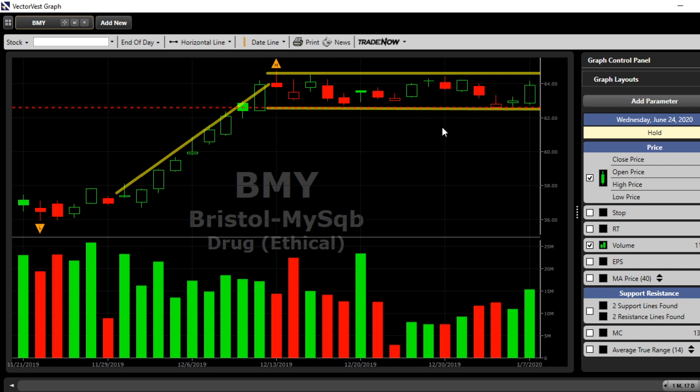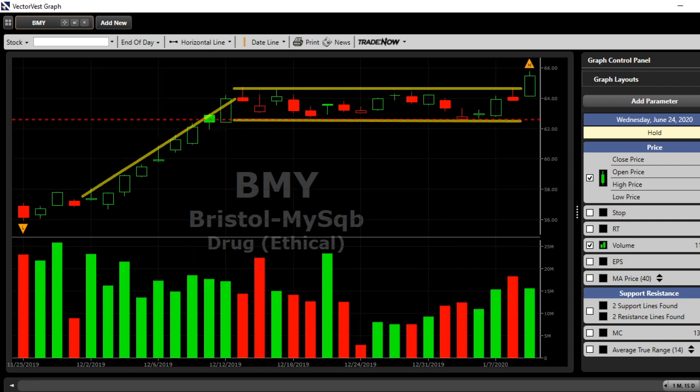Where's our breakout level here? Since this is a horizontal channel, the breakout is going to be above the upper channel line. We don't have it yet. There we go. There's your breakout. Good volume. Open below the upper channel line, but wound up closing above it. Closing at